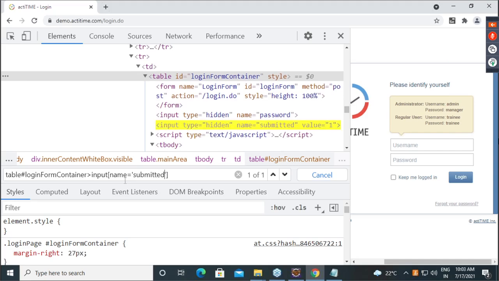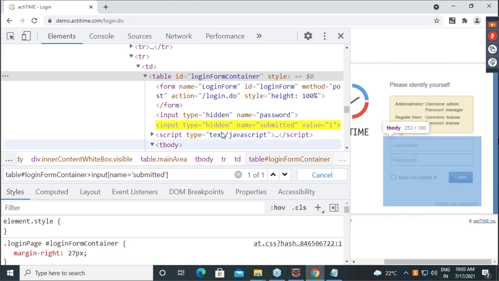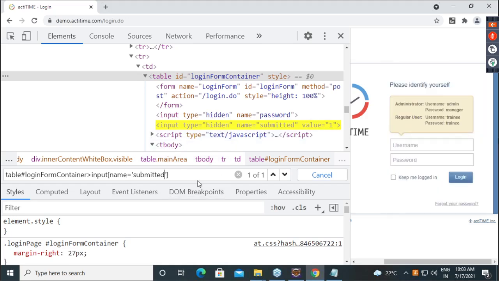It will go to submitted one. If you give password, it will go to password. How many clear with this? Confirm? Online people? Okay. See, now that means can we do forward traversing in CSS?